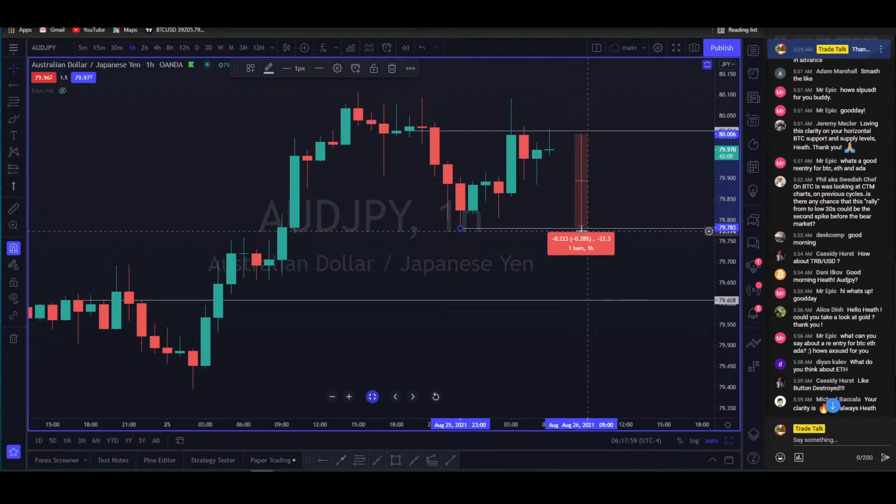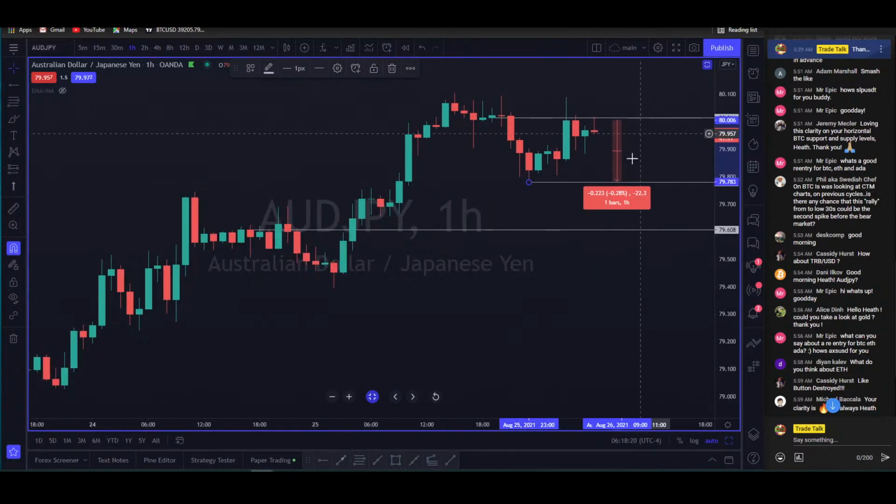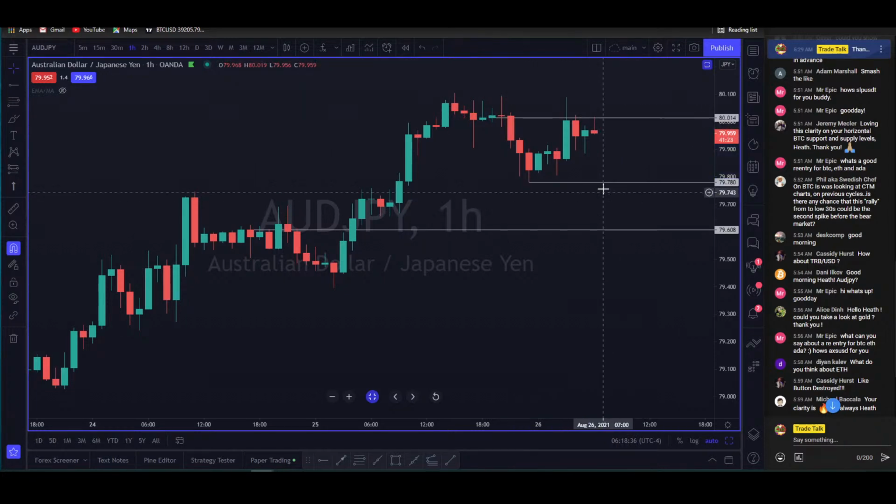It's only 22 pips. Back in March of 2020, guys, there were 20 pip candles. Like one 5-minute candle would be 20 pips on this asset. I mean, that's when the markets were moving. Right now, 20 pips isn't nothing. I'm not sure what the ATR on this asset is, but I know it's over 20. It's close to 40 if I'm not mistaken.